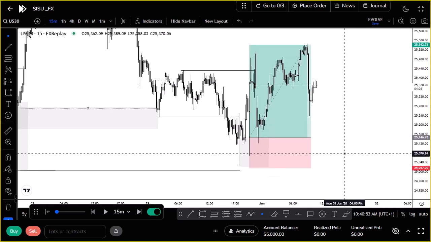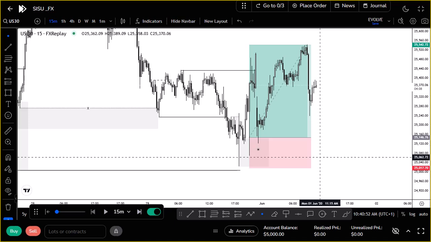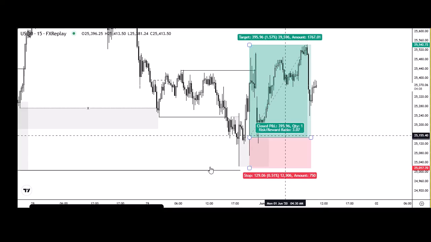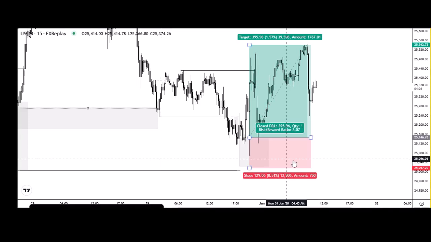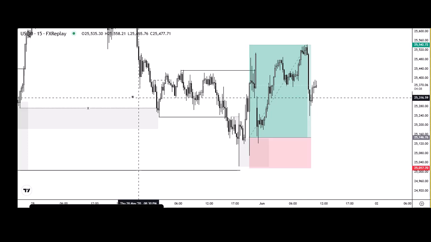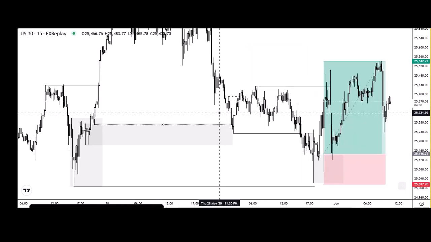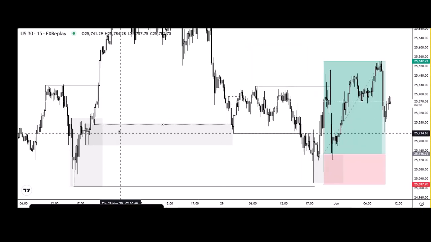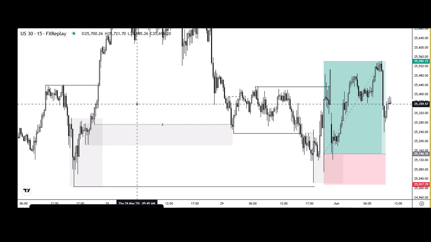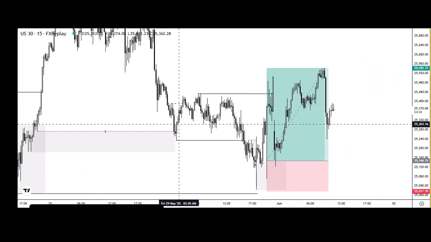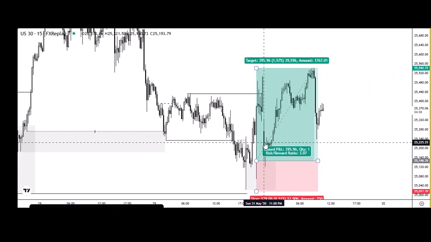So if you want to look for entry model, let it be very obvious or at the extreme. That is where you want to look for your entry model. At the extreme, not at the edge, especially if it is not an M15 zone. If it is a 4-hour zone, you know, this particular zone is a 4-hour zone. So you don't want to be aggressive in looking for entry model.